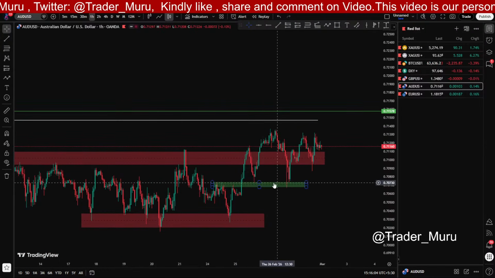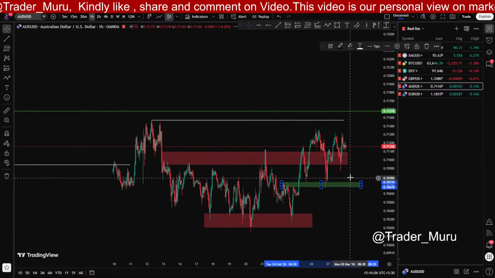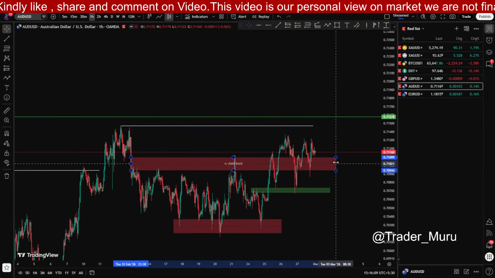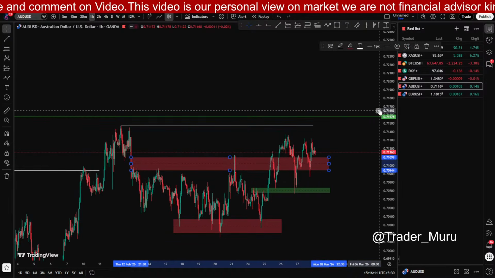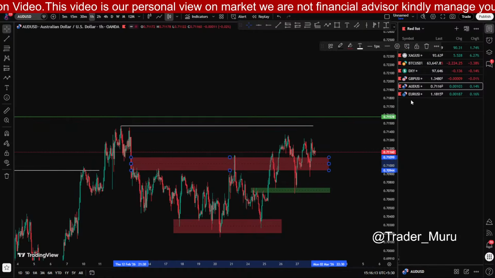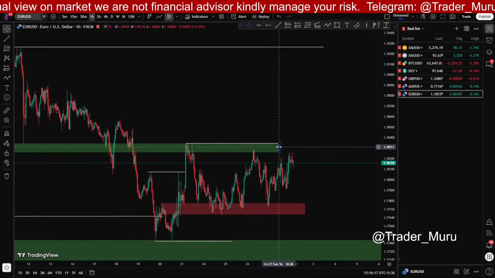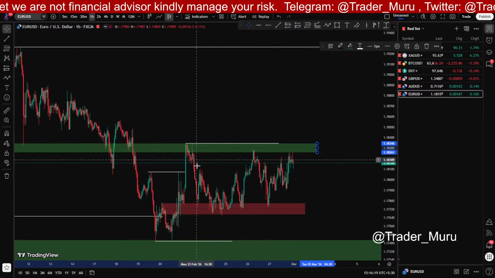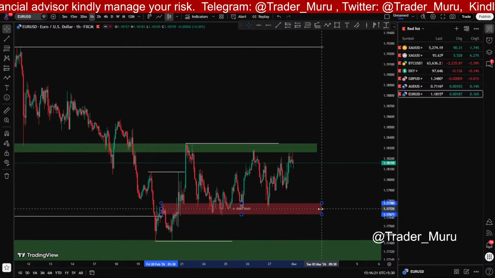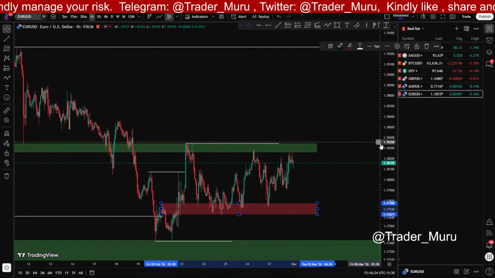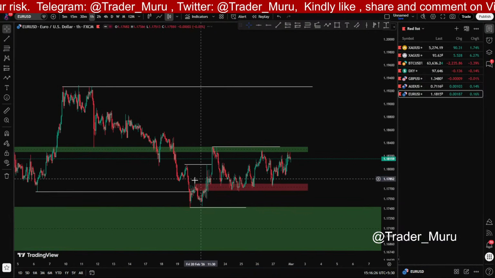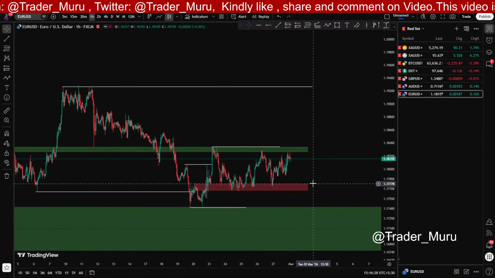AUD is still in range above this green zone, and now it is trying to flip this. So our target is still this 71.5. Euro is still ranging between this green zone and red zone, as we have discussed, same as DXY. So prices of currencies are in range,